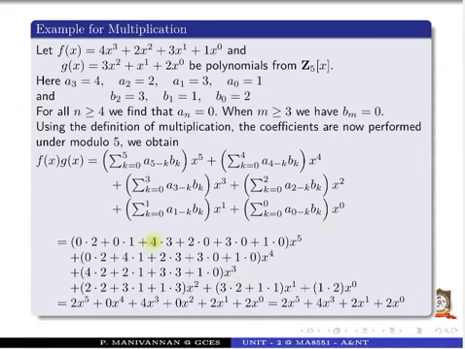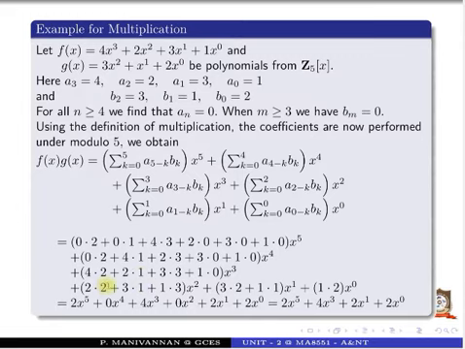After simplification, we get 0, 0. 4 plus 3 is 12. Again 0. 12 can be rewritten as 2. Why? 12 divided by 5, what is the remainder? 2. So 2x power 5. Then what is its addition value? 4 plus 6, 10. So 10 means 0. Here 4 into 2, 8. 8 plus 2, 10. 10 plus 9, 19. 19 divided by 5, what is the remainder? 4. So it is 4.